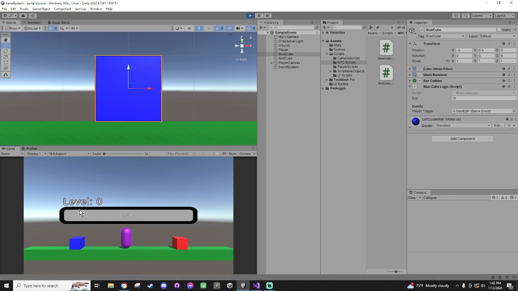So when you hit the blue cube, you're going to get EXP. Right now you get 10 each time, and then when you level up, it adds 1 to the max amount that you need. But you can see that you're leveling and the EXP bar is tracking. Very, very simple, and I just wanted to figure out what a leveling system would kind of look like or